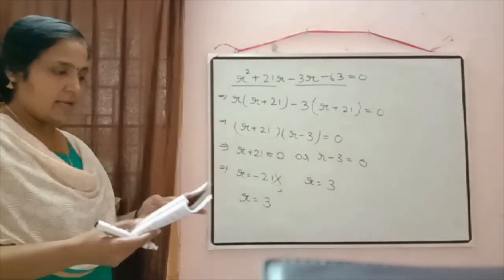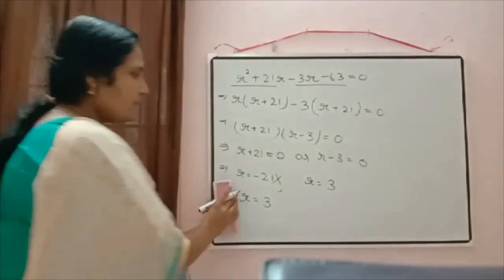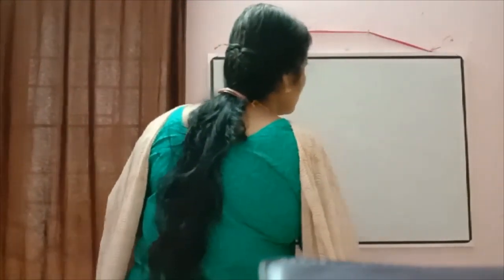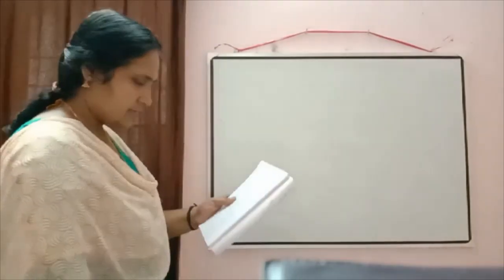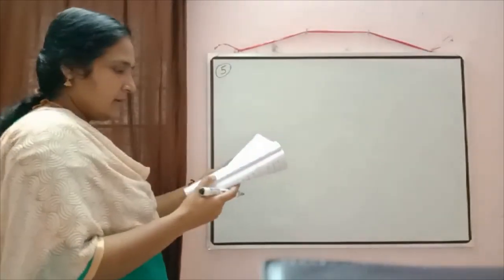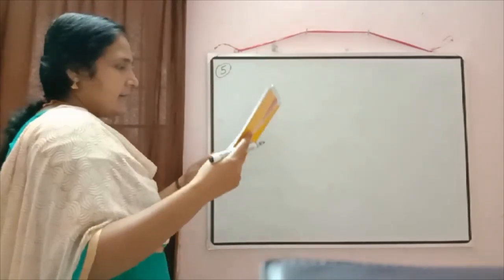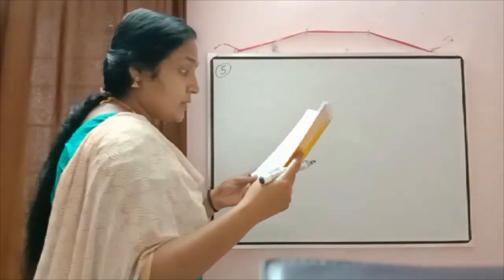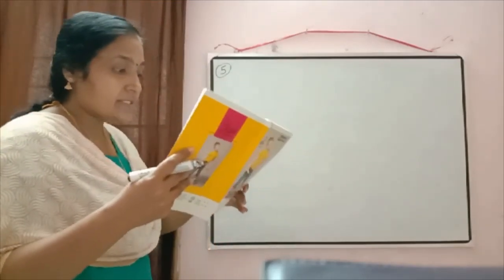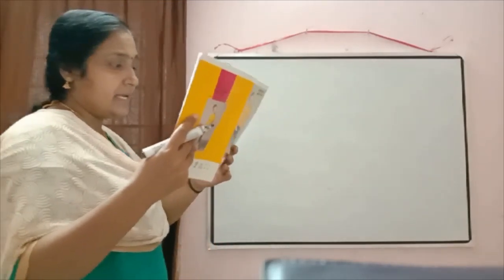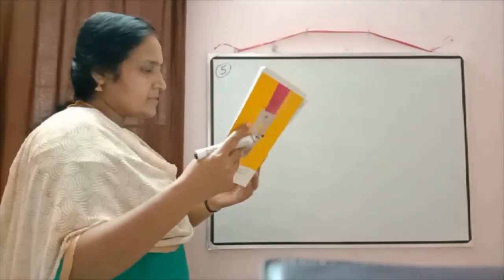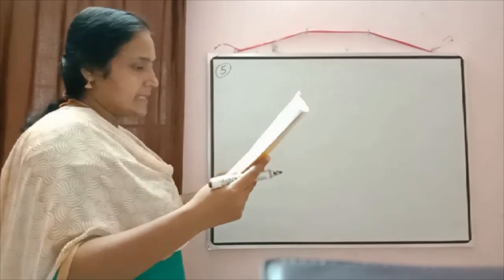Next question is very important. The same type is given in your textbook also, and usually this question is asked in the exams also. So now we'll check the next question. It is written, a triangle ABC is drawn to circumscribe a circle. Triangle is drawn to circumscribe a circle, means the triangle is outside the circle, and the radius of the circle is given as 3 centimeter.